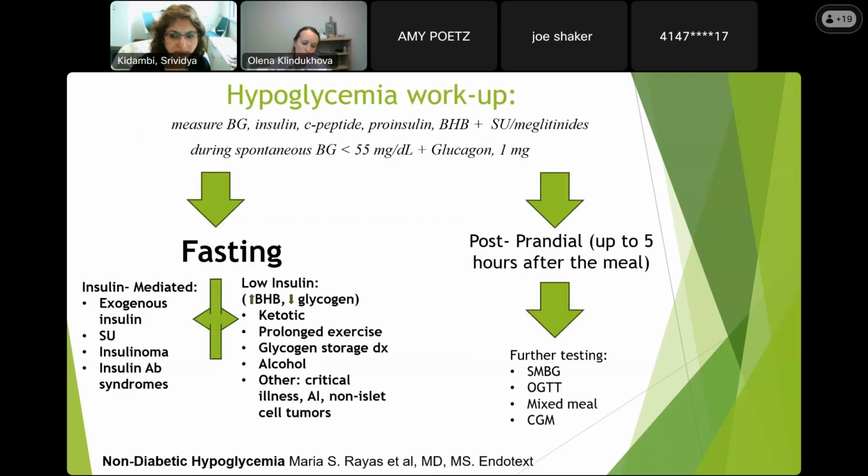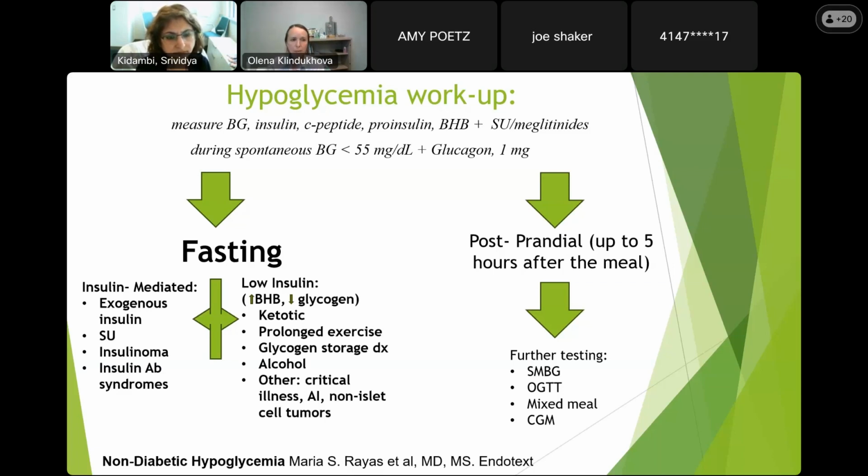Okay, very good. So we're going to move on to the hypoglycemia workup. We are all aware of the typical diagnostic algorithm, and most places will have some kind of protocol for either a 72-hour fast or, for the outpatient, someone who will start the workup. We would get insulin, C-peptide, proinsulin, beta-hydroxybutyrate, and a sulfonylurea screen with plasma glucose when blood sugar is below 55, and depending on circumstances, patients will get glucagon.